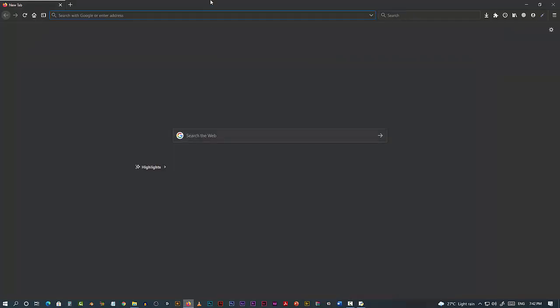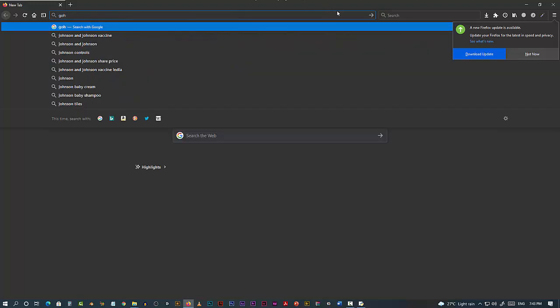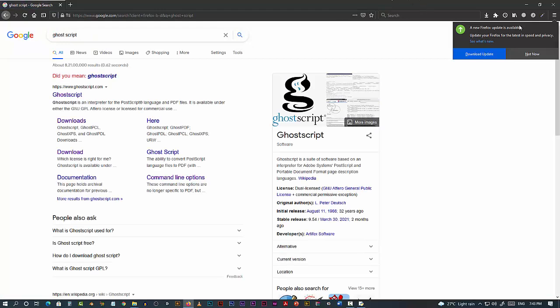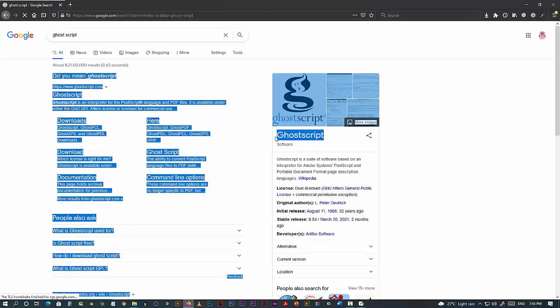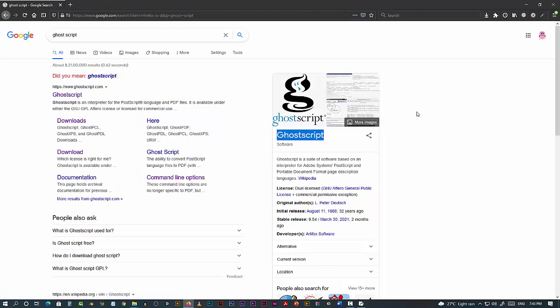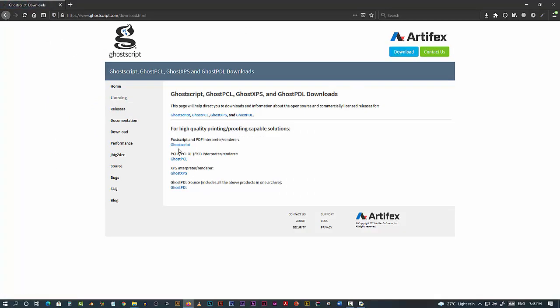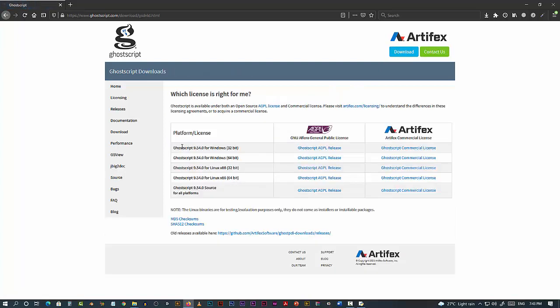The first thing we are going to do is search for Ghostscript. Okay, now there's a thing called Ghostscript. You might know it or you might not, but what you have to do is go here, then go to download and click here, Ghostscript.